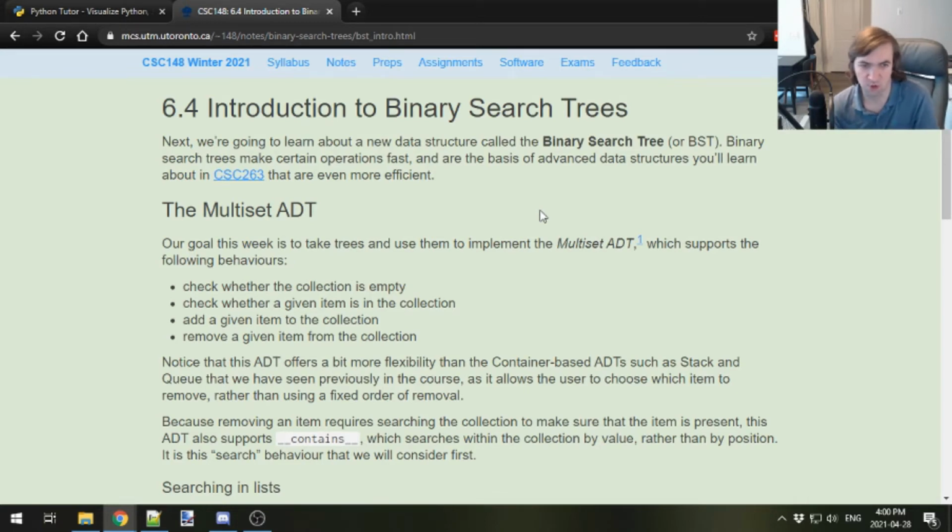The next data structure we're going to learn about is a binary search tree. Binary search trees make some operations pretty fast and will be the basis of advanced data structures that you'll see later on in CSC148 and maybe other courses. In this video, we're going to take trees and use them to implement the multi-set ADT, also called the collection